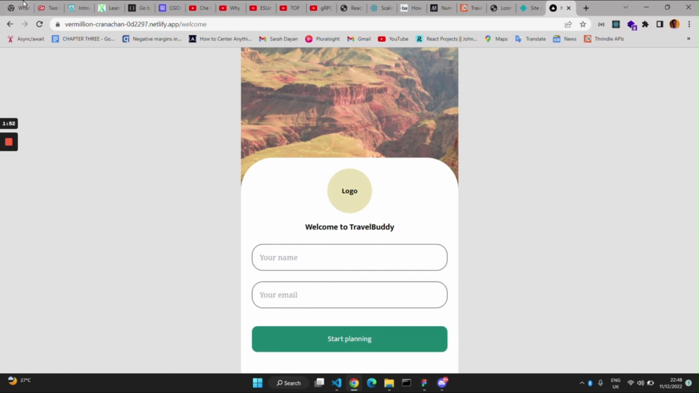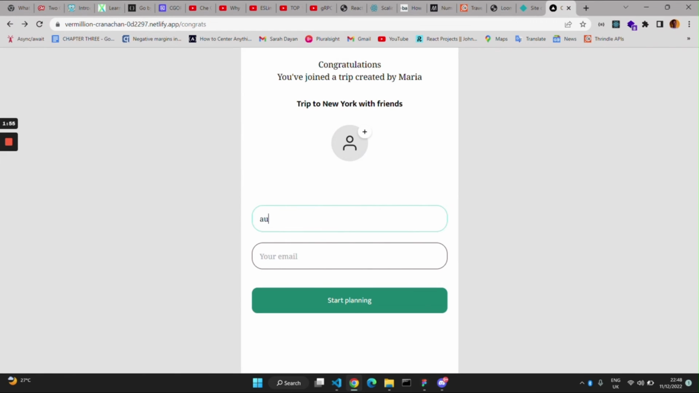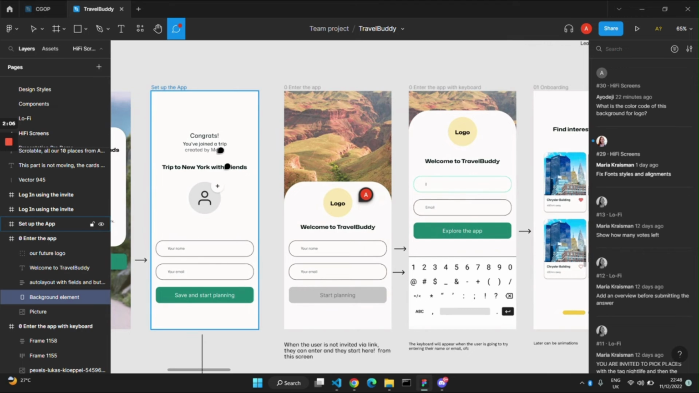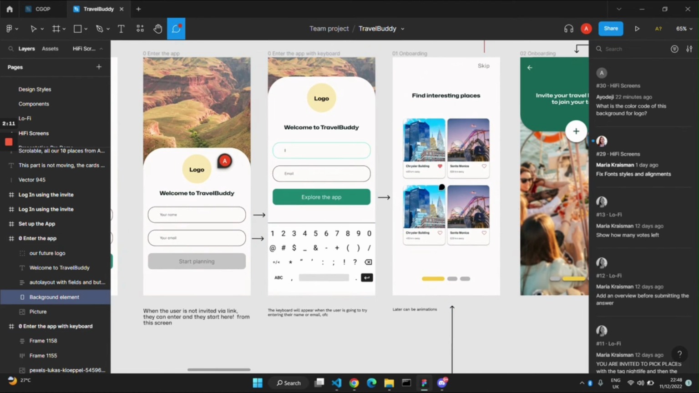So technically, once you fill in your details, this page should take you to another page entirely, which we are still working on, but I can just show you on the design. It just takes you from where you join the trip, where we just need your name and your email, to where you can see a dashboard and all the cool, interesting places that you can vote for